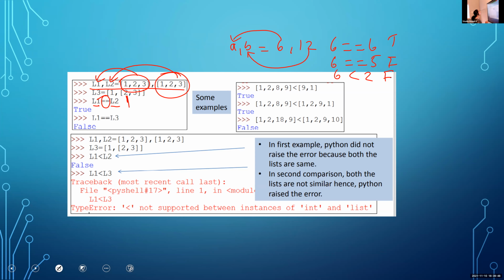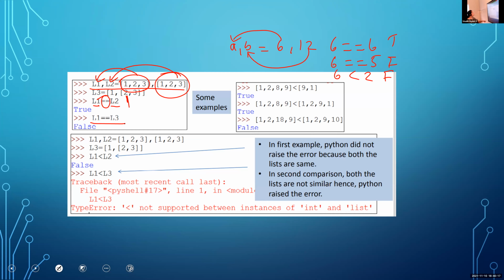Here also we are comparing two lists. L1 equal to L2 means we compare the first element of L1 with the first element of L2, the second with the second, the third with the third. All the elements are equal, so the result is true. Then what about L1 equal to L3? It is not equal.